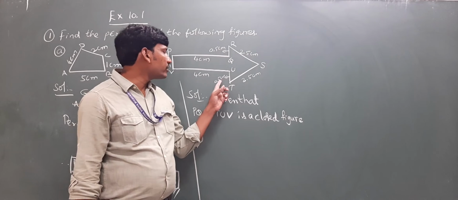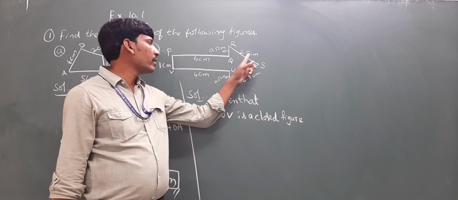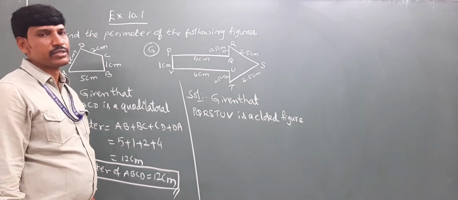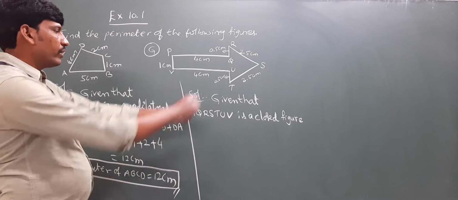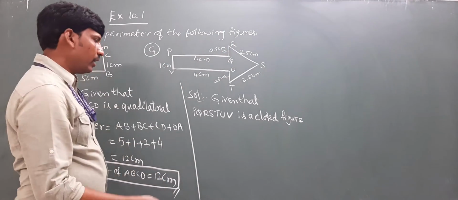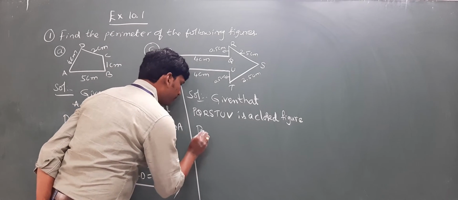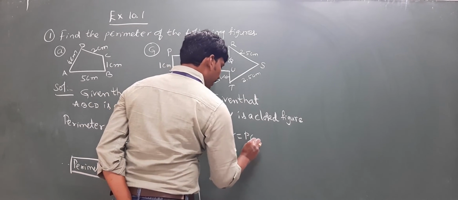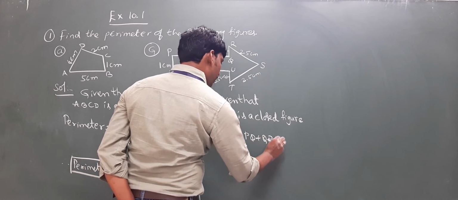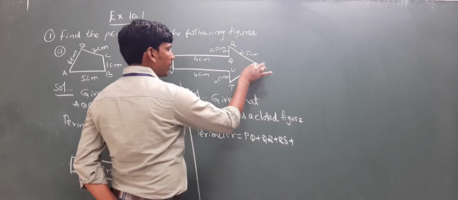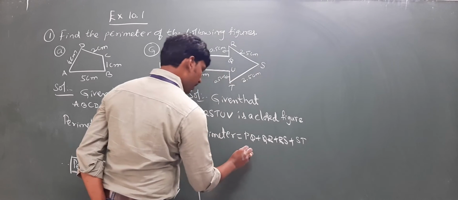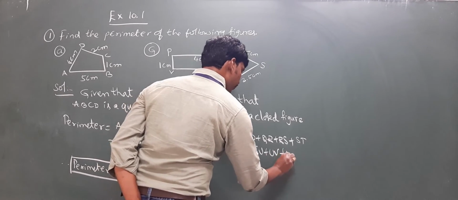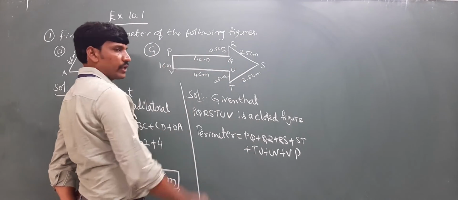And here some sides are 0.5 centimeter, here 0.5 centimeter. This is 2.5 centimeter, 2.5 centimeter. Last year we discussed this in the tens and hundreds chapter, decimals. Okay? Even though, it's normal addition only. Now let us see this here. Perimeter is equal to adding all the sides. What is that? PQ plus QR plus RS plus ST, then TU plus UV plus VP. Clear? Now V to P also needs to be added.